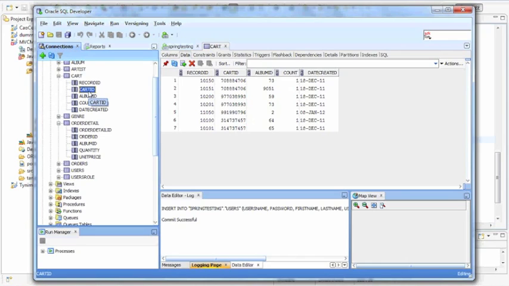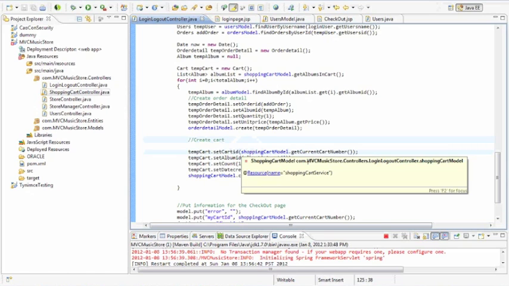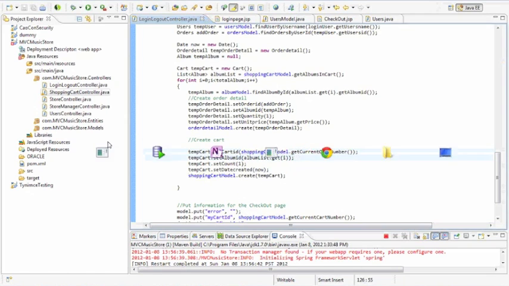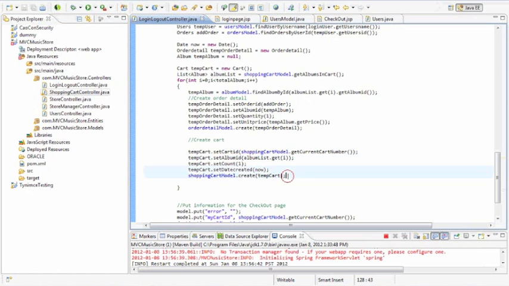Card ID is the ID generator I created already, right? Card ID. Alright, album ID, count, this means how many of this album, and the date created, this means the date the user placed an order. Okay, so we should create two,